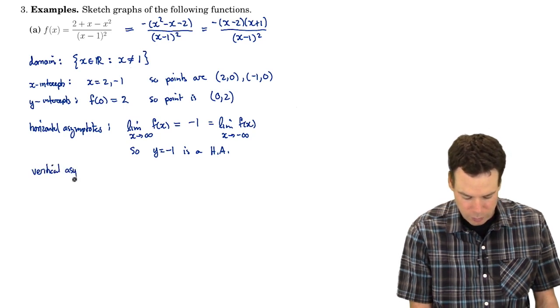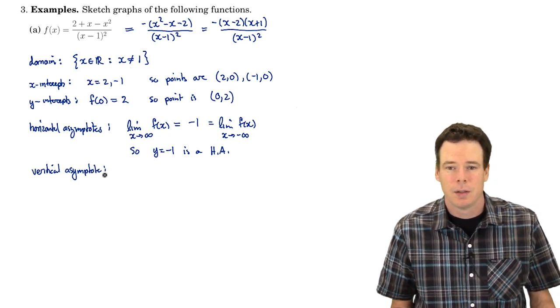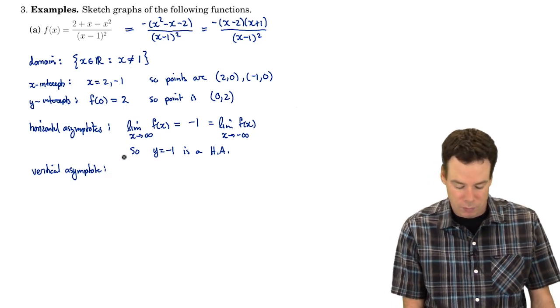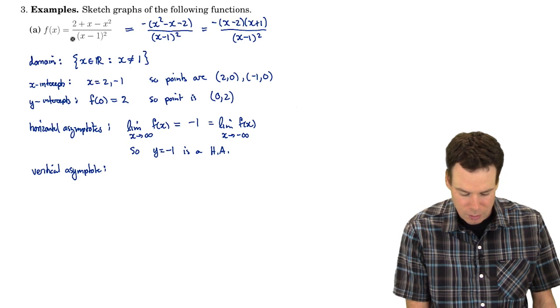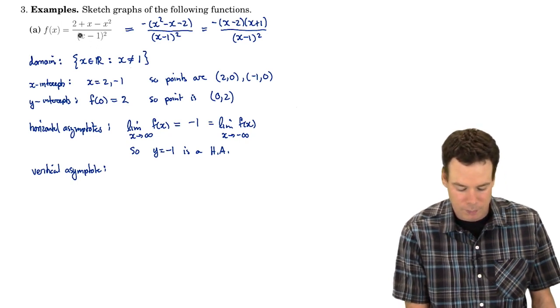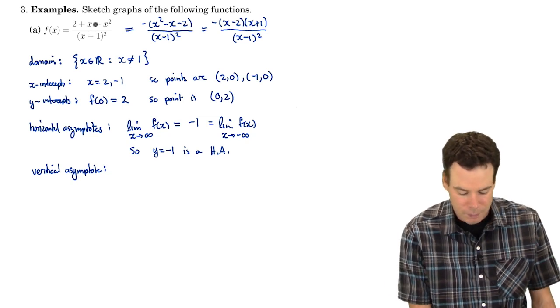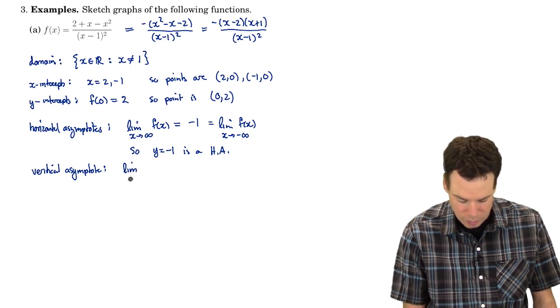Are there any places where, if we take the limit as x goes to that value a, the function blows up, either to positive or negative infinity? Well, for a rational function, it's going to be the places where potentially the denominator is 0, providing that the numerator isn't also 0 there, in which case there is a hole. So it looks like we have a potential candidate for an asymptote at